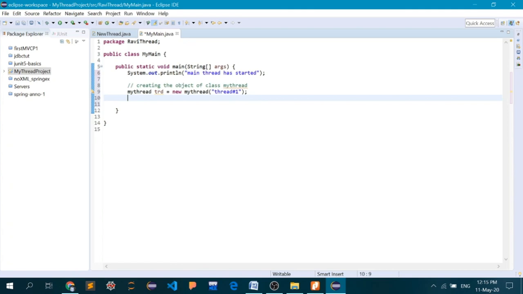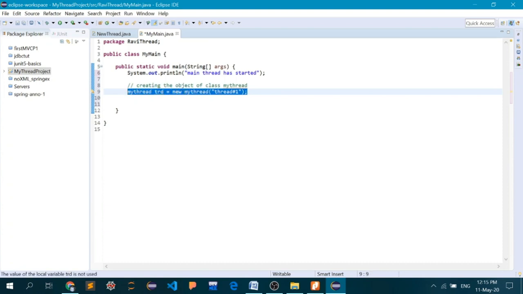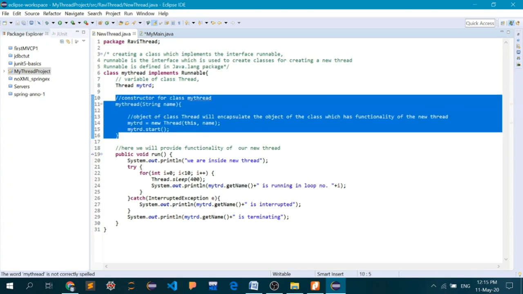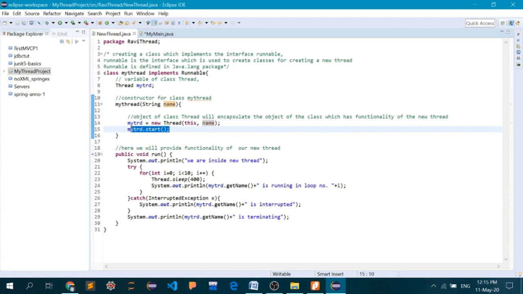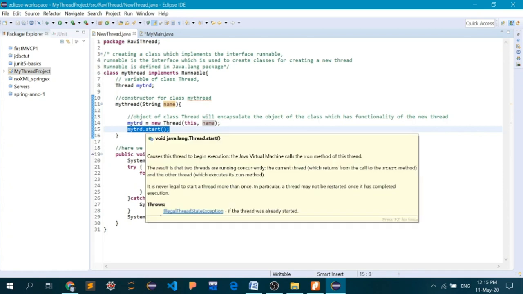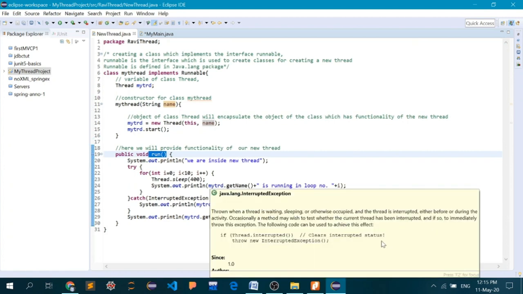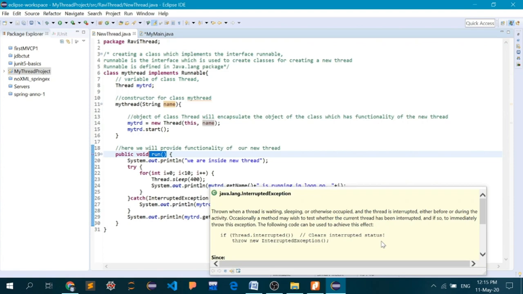As I've told you before, as soon as I've instantiated the object of this class my thread, this thread has already been started, because by calling the constructor I have actually called the start method, and this start method will call the run method, and execution of your new thread has already started.